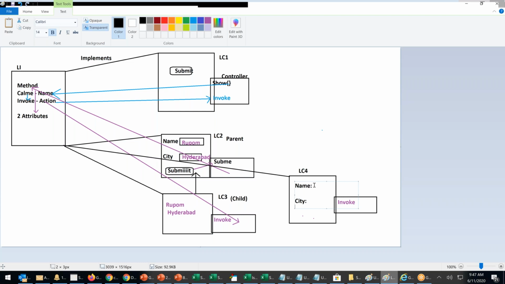Sir, if I use LC as an input, then a submit button is also there, right? So there also there will be a submit button, right? Yes, that also will call. It will also call the same interface, same method. Then in that case, here on the right, you have to find which one you're trying to call.